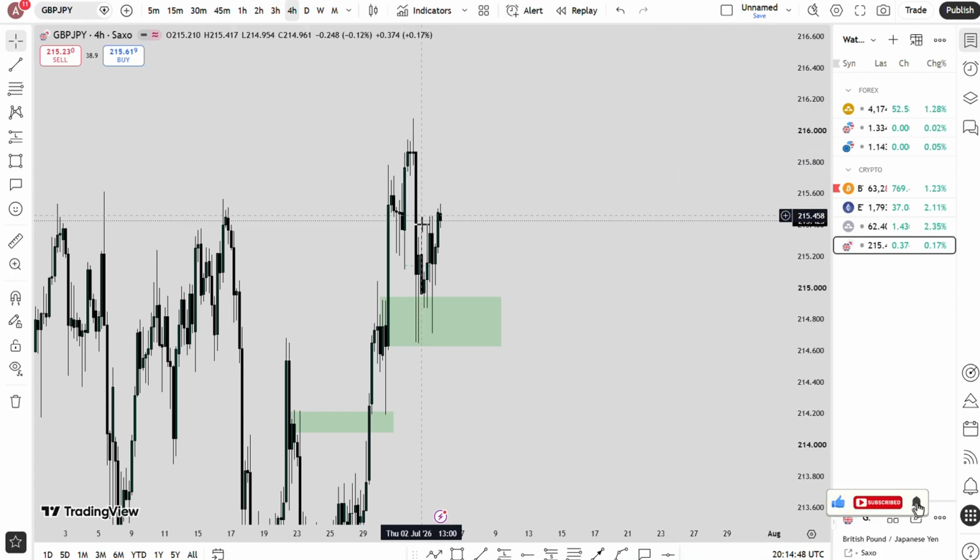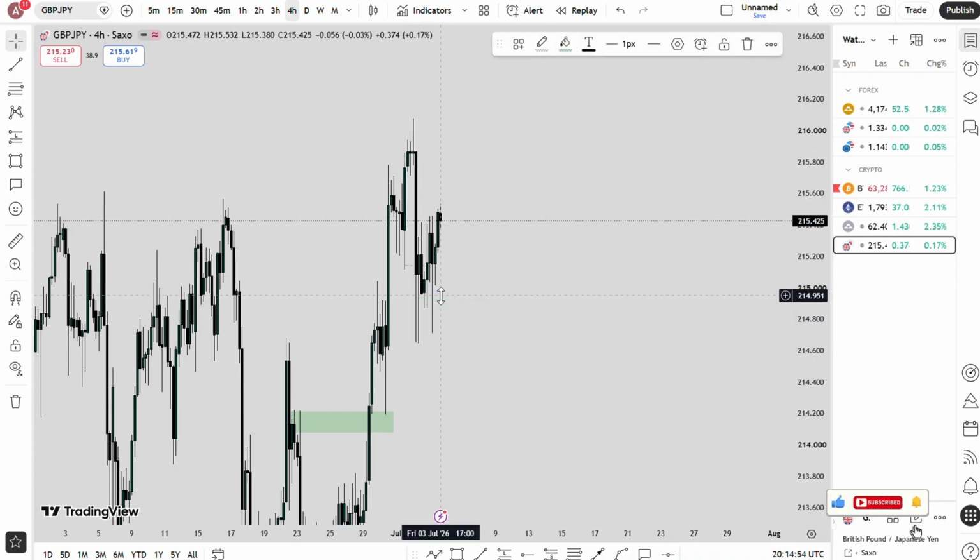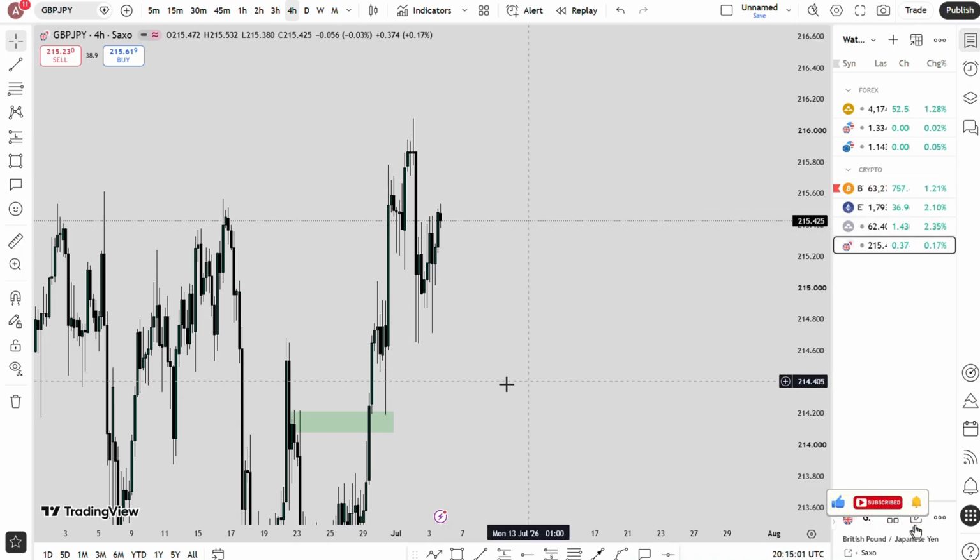So this was the put down. The put down was so fast, and that's why I was taken out on the GJ trade. Sometimes I didn't check. I didn't know that there was NFP that day. So I was taken out on that. And some of my trades I have on